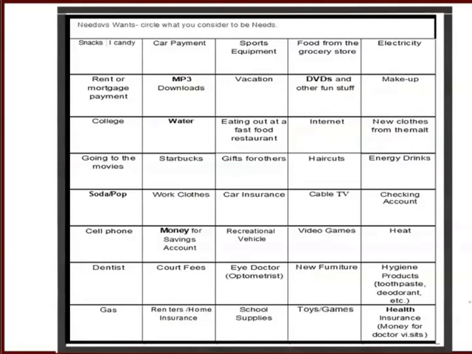And this is a needs versus wants list. Hand this out to each one of your students. You can make up your own list. You can see this one. If you want a copy of it, email me, and I'll be happy to share this with you. But have your students take this and circle what they consider to be a need. I think you'll be very, very surprised at some of their answers, because what a need was to them was not what I would have ever considered as a need.